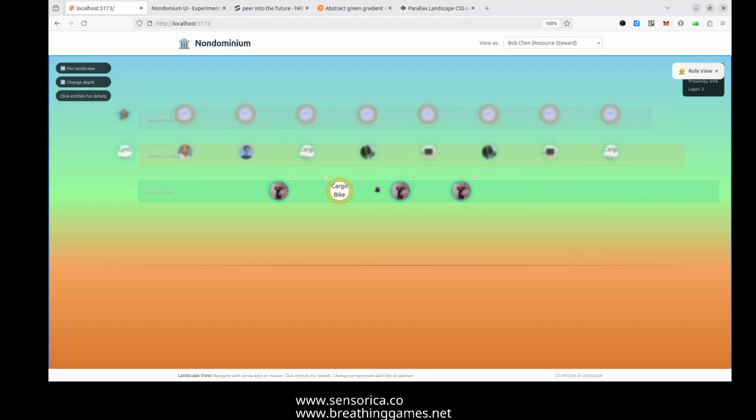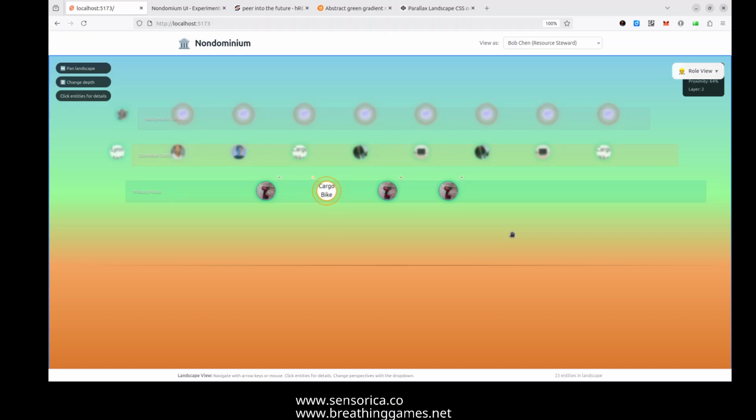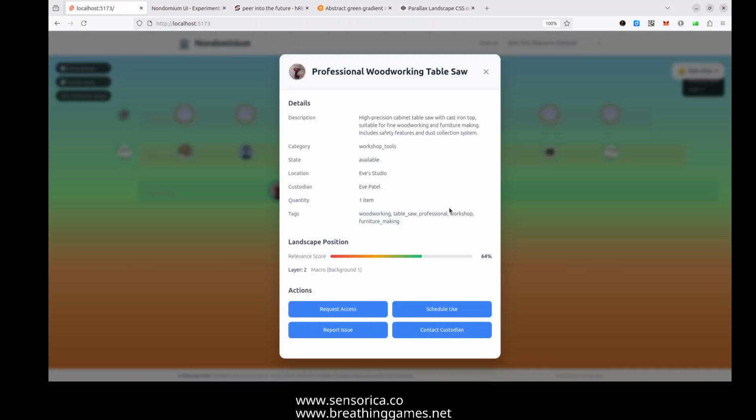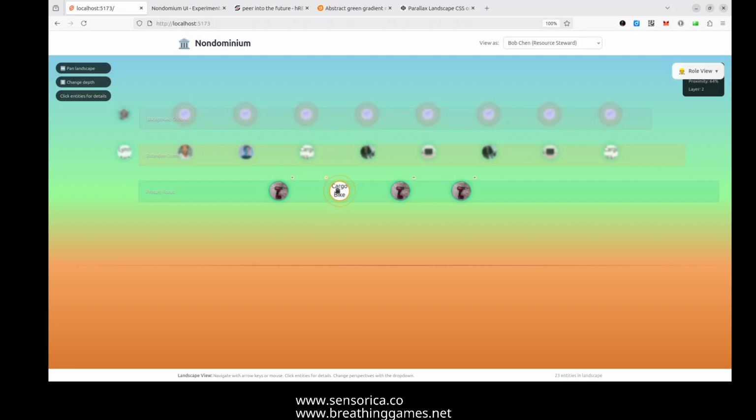As you can see, the ones that are before us are sharper, so we can make them larger, but for now let's just give the concept. They are sharper, which means that they are part of your immediate context. We call this the meso layer. It's the layer of the interaction. You can click on them and go into the micro layer, dive deep into every one of these entities,